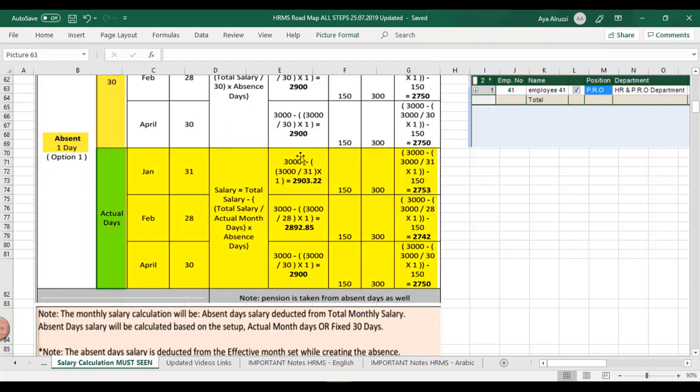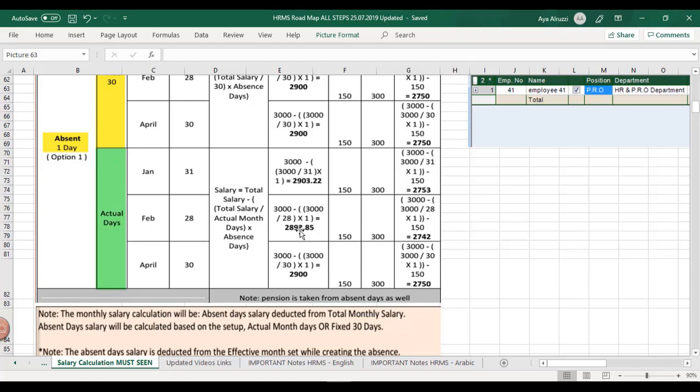In the first scenario, we have 3,000, which is the total salary, minus again 3,000 between parentheses, the total salary, divided by 31. Why did we put the 31 here? Because it's reading from here, and then multiplied by 1, because there was only 1 day of absence, which gives us